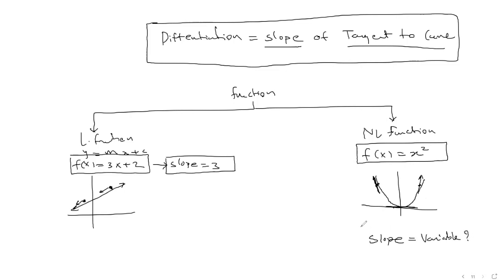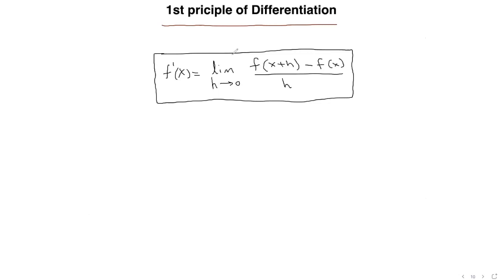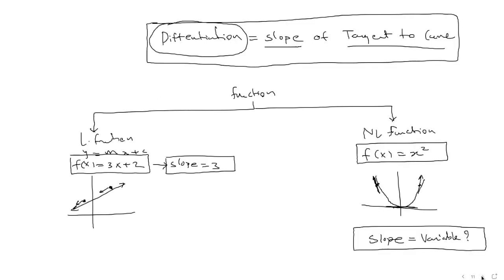And how do we find slope, especially when it comes to curves or non-linear functions? Differentiation will help you do that. So now we will see how we find differentiation, and that is where the concept of limits comes in, and that is where we define this beautiful concept of the first principle of differentiation. So let's talk about that. I'm going to prove this formula now. Let's see how the proof goes. It's very simple. Once you understand the proof, it's all intuitive. It'll all fall in place. So just bear with me.